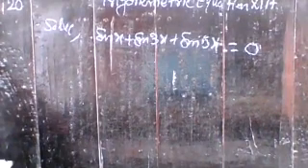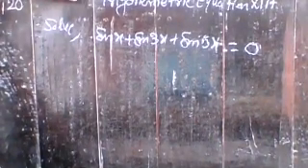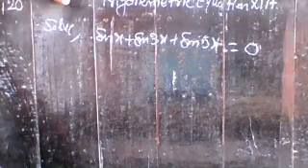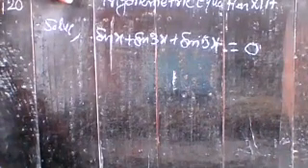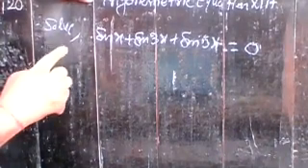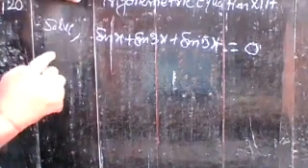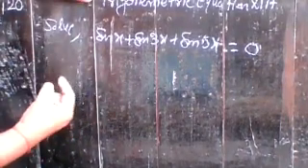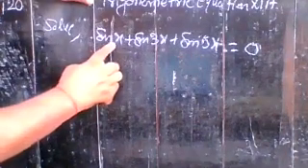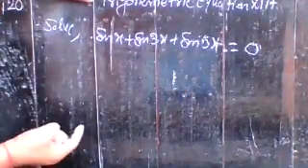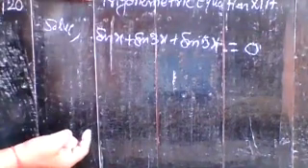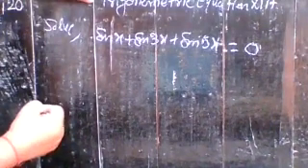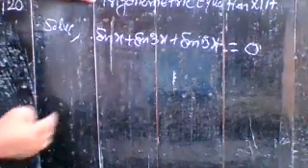So just see how you solve such a question. That question is the same as the previous one. Here you think about the terms and apply the formula for sin x plus sin y in such a way that you can take a common factor. If you take sin x and sin 5x and apply the formula for sin x plus sin y, that is equal to 2 sin (x plus y) by 2 cos (x minus y) by 2. So you can take sin 3x common in between them.